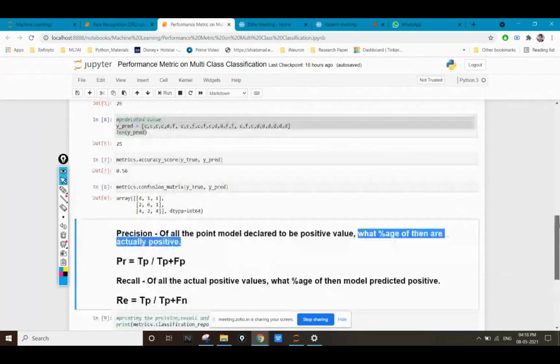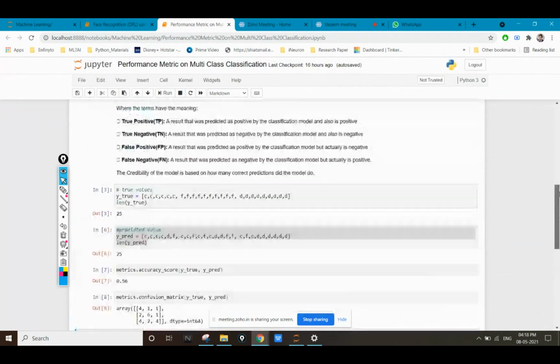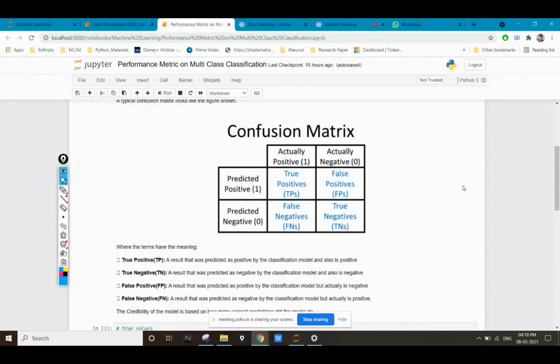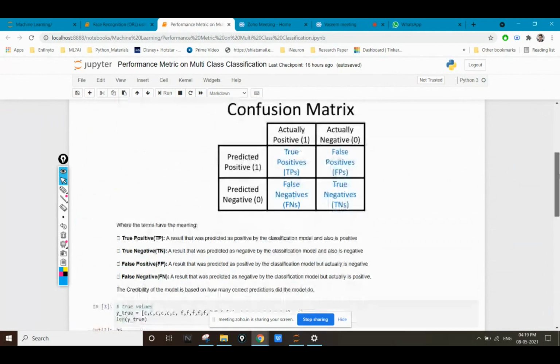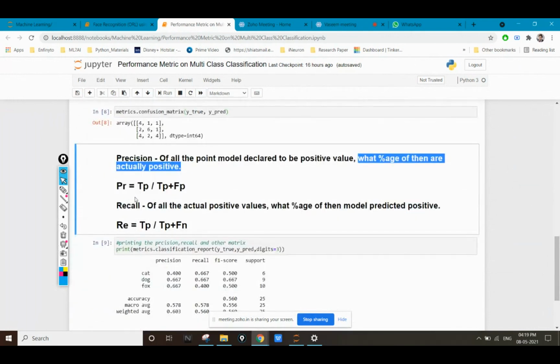To calculate the precision, I can again use the confusion matrix, in which I divide the true positives by true positives plus false positives.